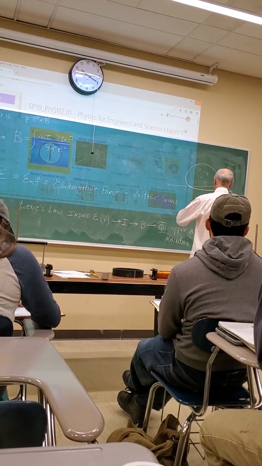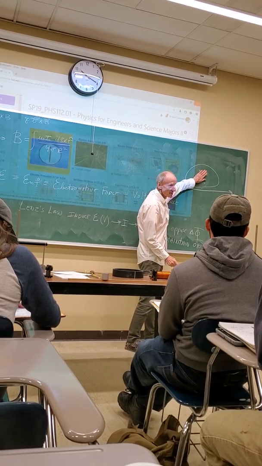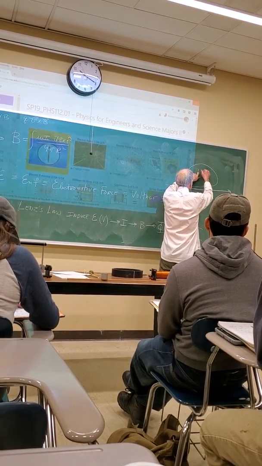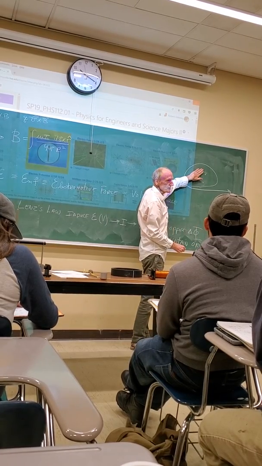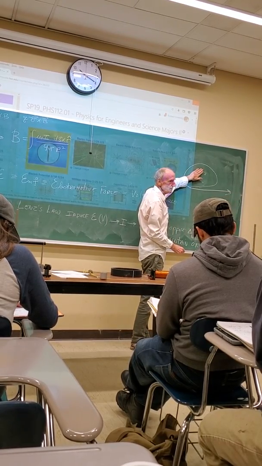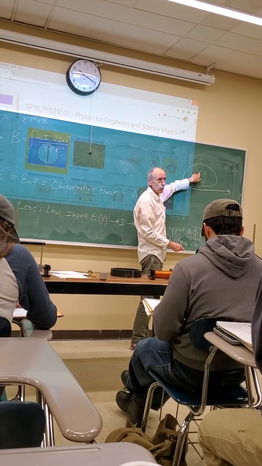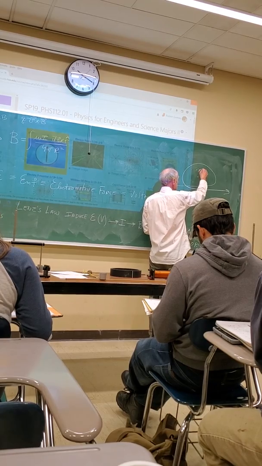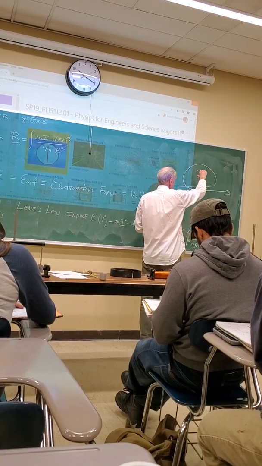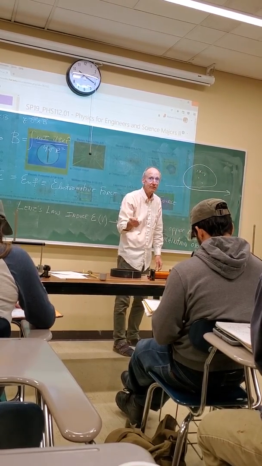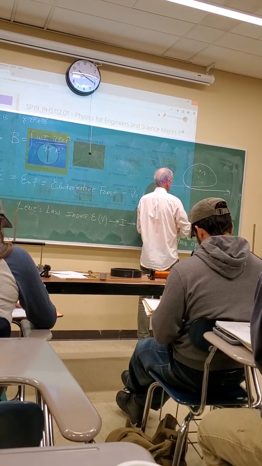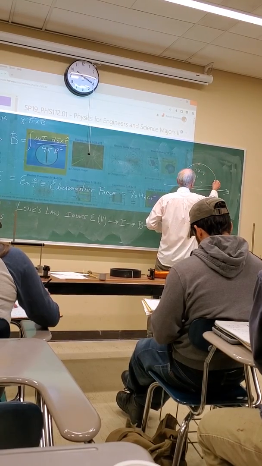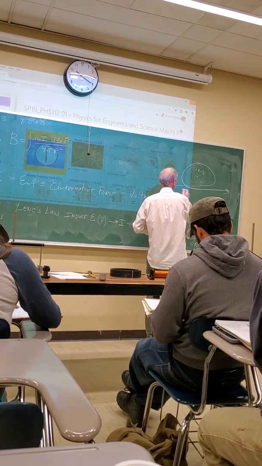So it wants to maintain the original. It wants to keep it 0. So how do you deal with that? You induce a current that produces a field that cancels the increase. If the current has to give you this to oppose the change, then write in rule number 3, the current has to be this way. So if the current is this way,